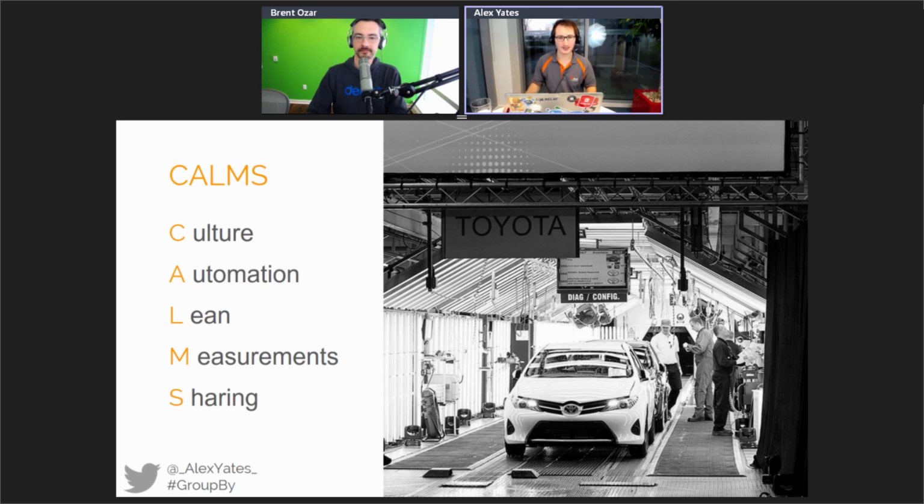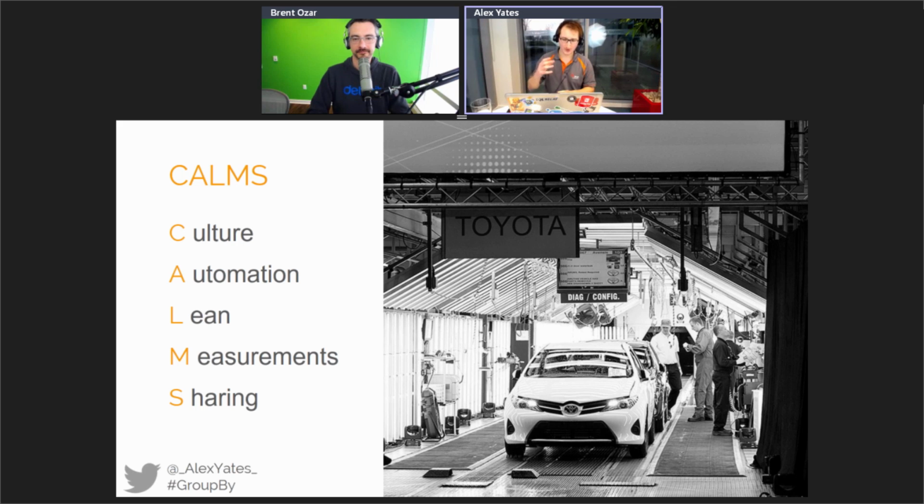Now, lean. Lean is a big one, and there's a lot packed into the concept of lean for just 4 letters. So I'm going to fly through a bunch of points here, but really what you need to do is do a bit of research on lean if you've not. I could do a whole presentation on lean. I could do a whole day or a whole week's worth of training on lean.